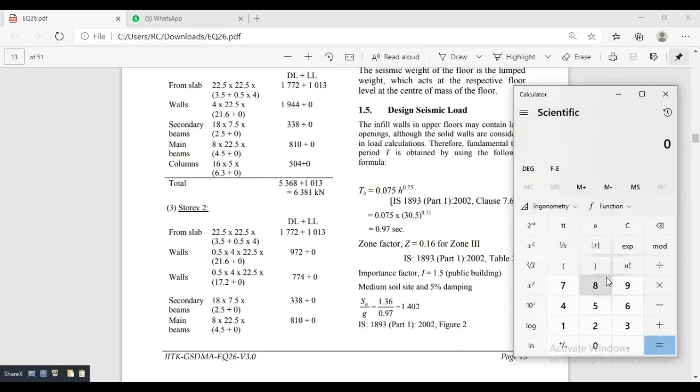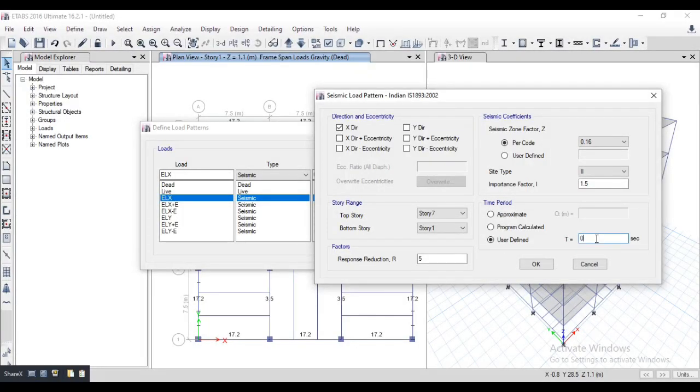Time period is calculated by this formula. The height of the structure is 30.2 into 0.75 into 0.075. The time period is 0.96, almost 0.97. So we are putting here 0.97.